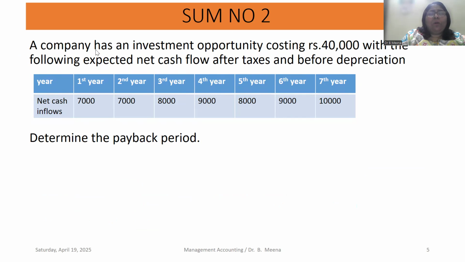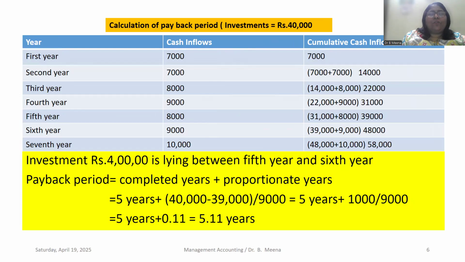So we have a company with an investment opportunity costing rupees 40,000. So the investment is 40,000, and we have the cash inflows for 7 years. The question is to determine the payback period. Just like the previous problem I discussed, I calculate the cumulative cash inflows, and then